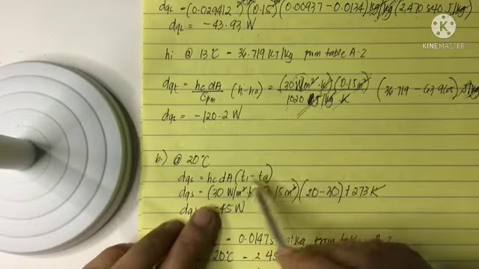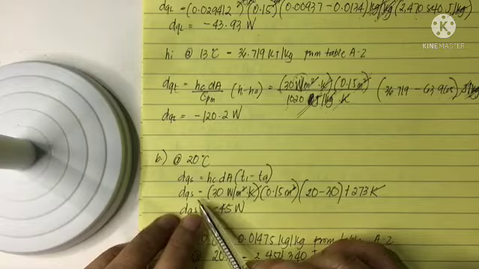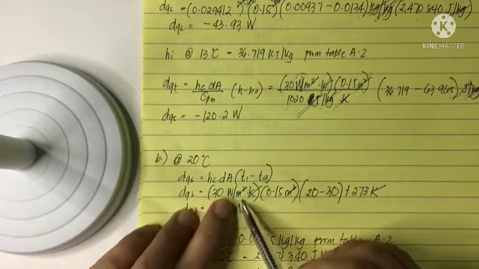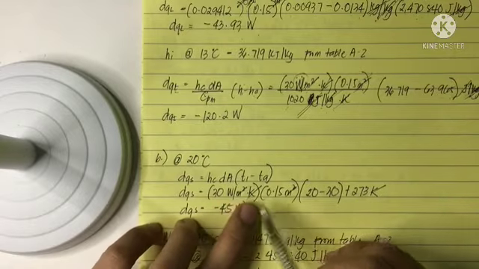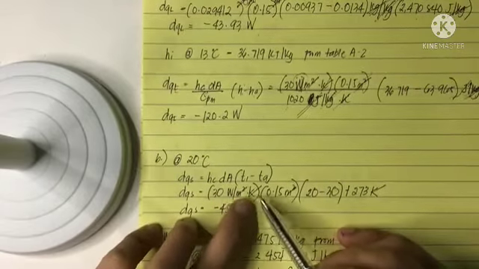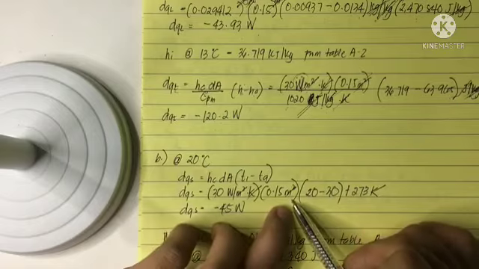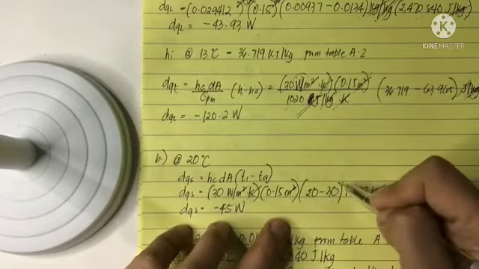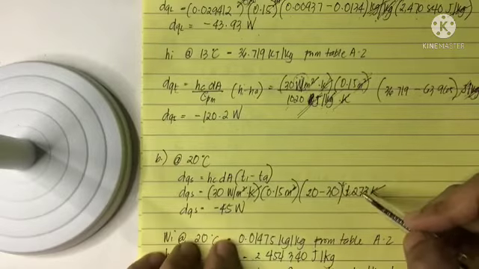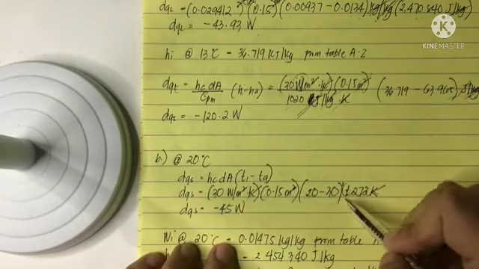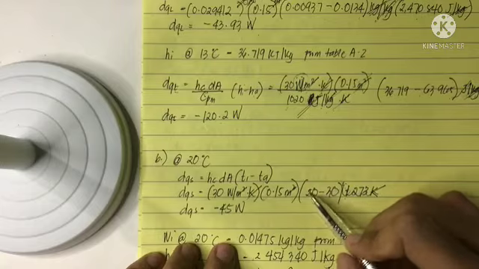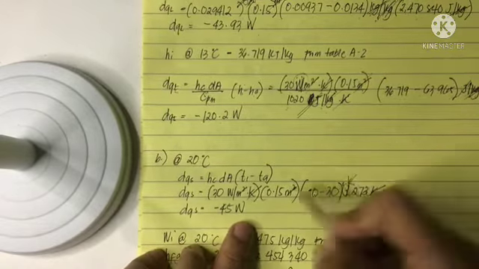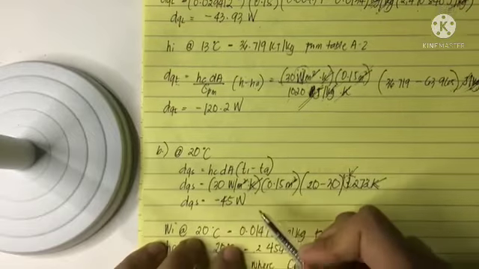So we have your sensible heat equals 30 watts per meter squared Kelvin times 0.15 meter squared, your area, and 20 minus 30 degrees Celsius. It's just the same when you add 273, it gives you the same value when you minus the 20 minus 30. So cancel out your Kelvin here, your meter squared,